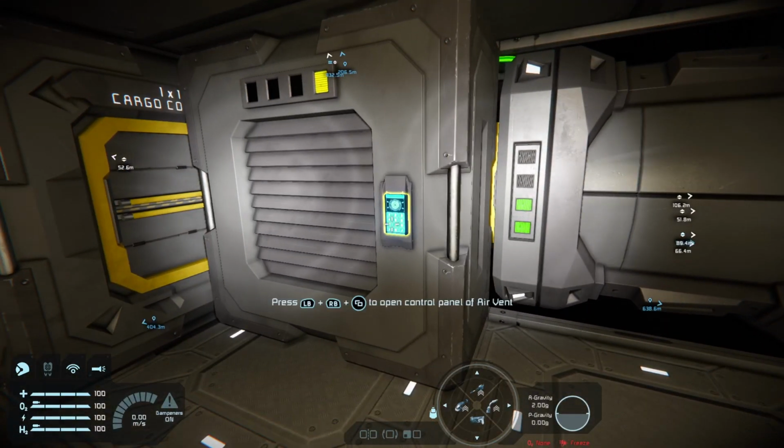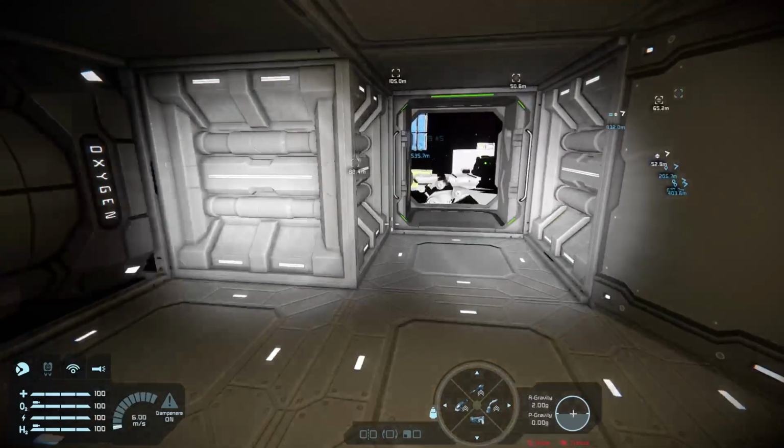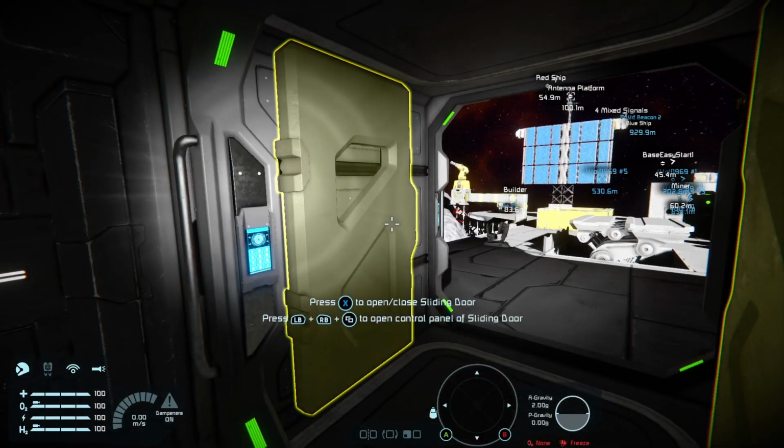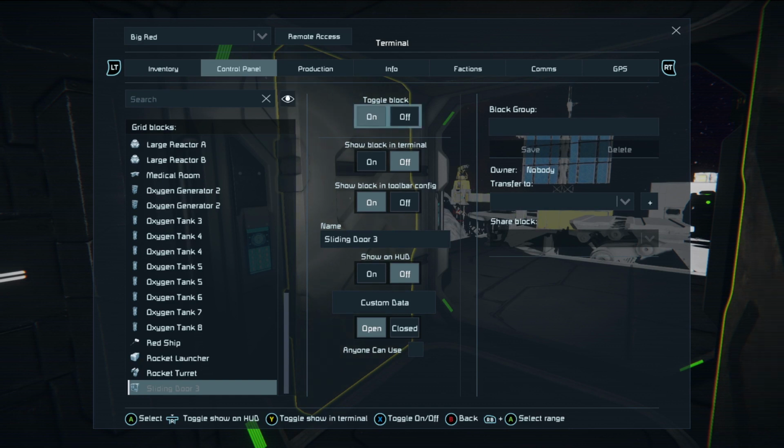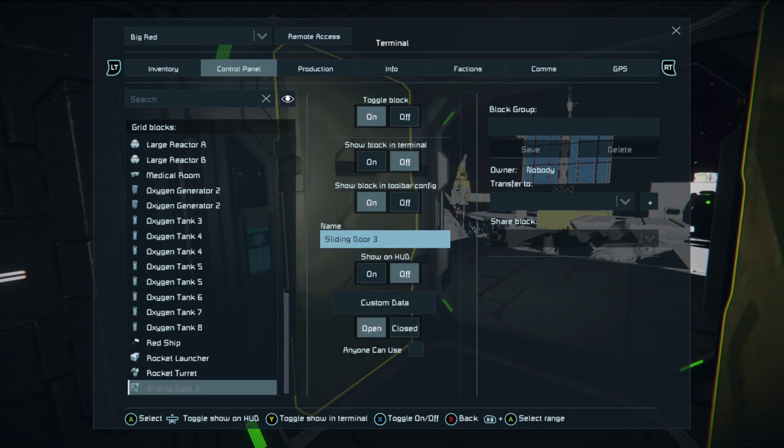We're going to, first of all, rename some blocks. So starting with this door, we're going to go into its control panel, and we're going to call it door AL outer.